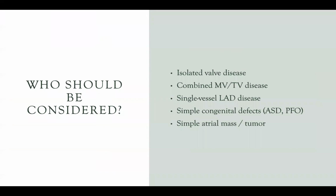So who should be considered for minimally invasive surgery? Well, first of all, anybody with isolated valve disease, people with combined mitral and tricuspid valve disease, people with single vessel LAD disease, simple congenital defects such as an ASD or a PFO, and a simple atrial mass or tumor. And what I didn't put here was atrial fibrillation, isolated or in combination. But I think that's something that we did a lot of in North Carolina. And if we were to grow that program, that would be something we would do in conjunction with the EP